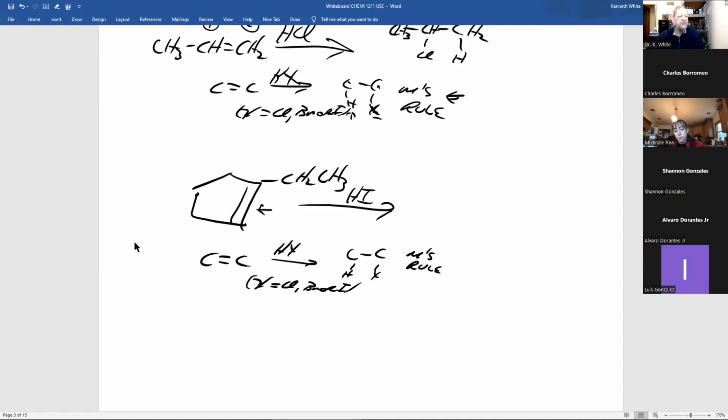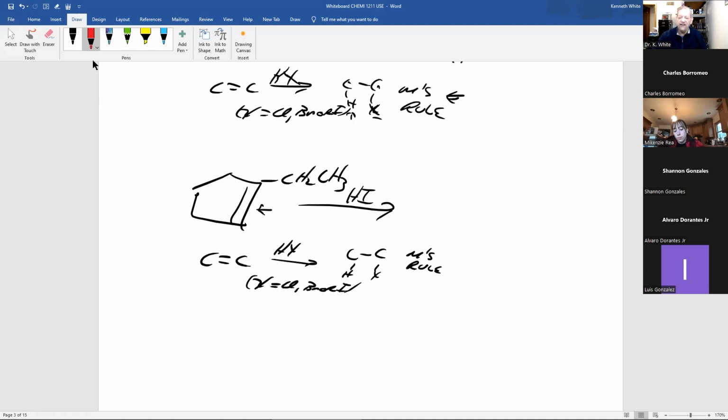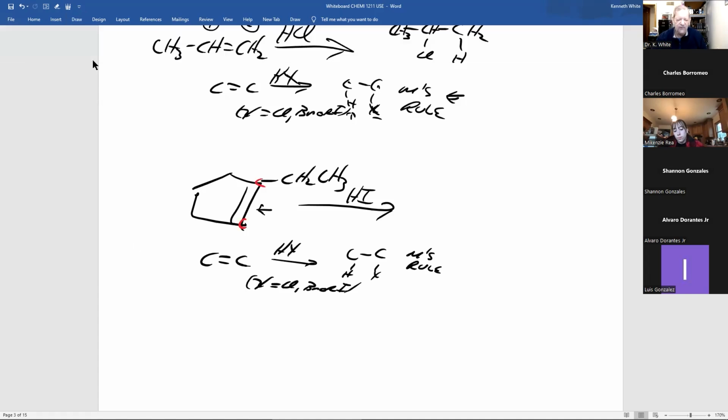Wait a second, I can't see the hydrogens on that ring. Well, we don't put it there. You count bonds. Let's look at these 2 carbons. This one has 1, 2, 3, 4 bonds to carbon. That means that would have 0 hydrogens. This carbon right here, 1, 2, 3. 4 minus 3, it has 1 hydrogen.